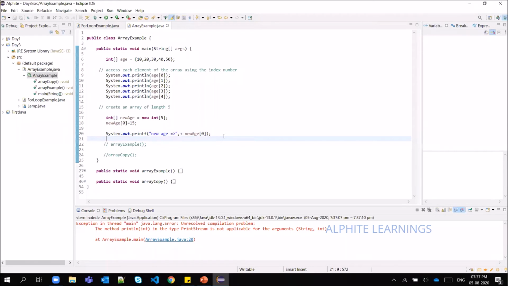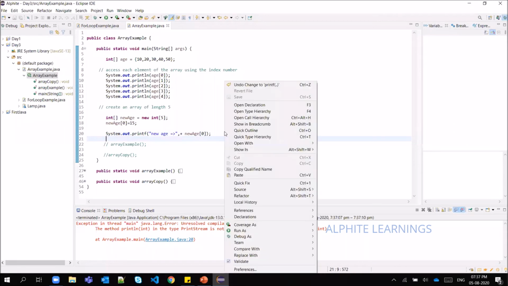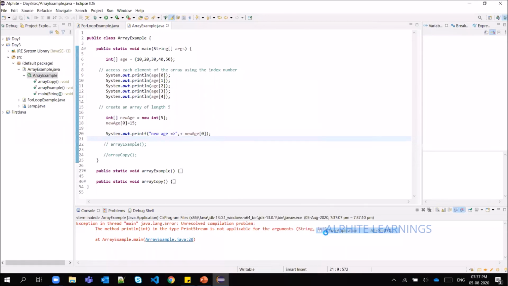Println is mainly applicable for strings, so I'm trying to do it with that, and I'm getting an error.